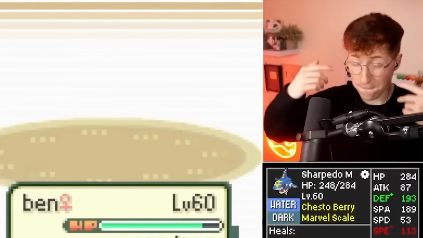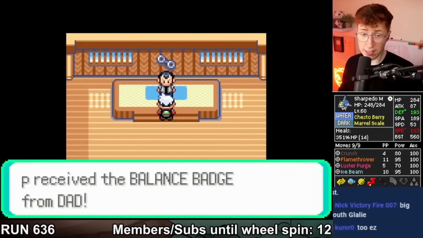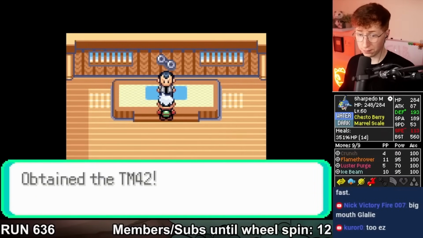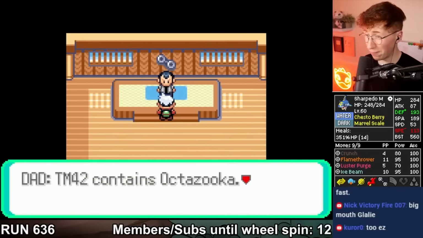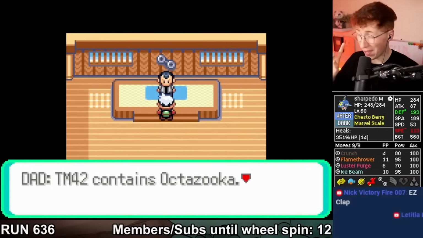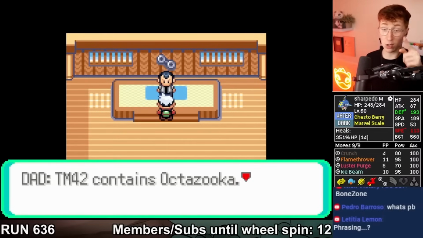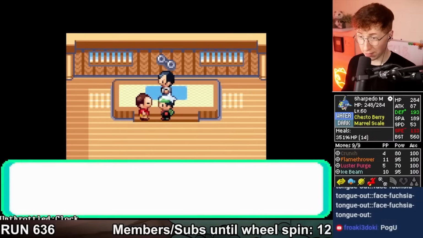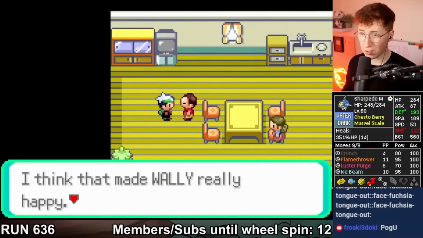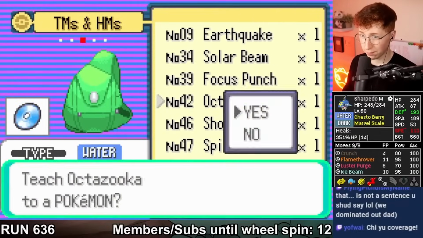5 gym badges. We're doing pretty well. Things are going very positively. And an incredible thing happens at the end of this gym. See, I was gifted TM42, which was randomized to Octazooka. A fantastic STAB move, something that would be absolutely incredible. With a 15% chance to miss, it would take advantage of our massive Special Attack stat and finally give us the water-type move that we have been searching for. Finally, after all this time, we have double STAB and everything is...